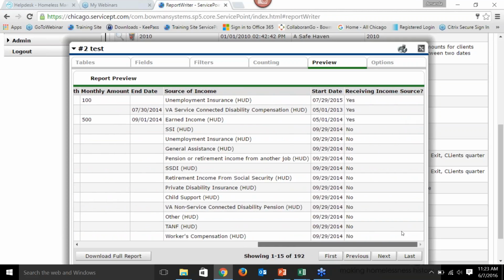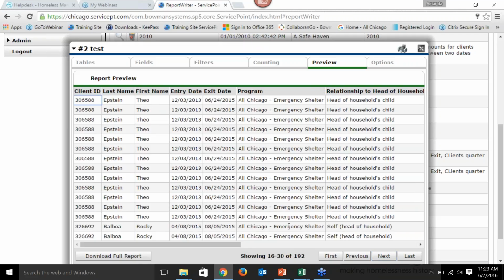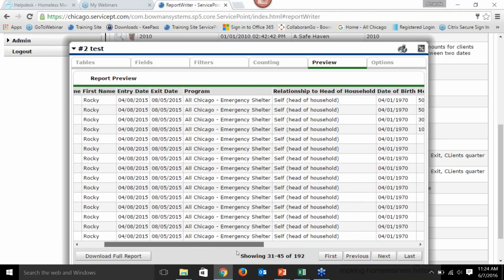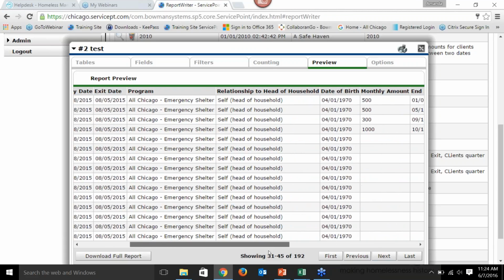But that's the level of detail that you're going to get now by pulling in sub-assessments. And as I keep moving forward, you can see that every single possible source of income was listed there, and I'll go to a different client here. As you can start to see at the very bottom, there's some data from the next client starting to pull in. But this is what you need to be prepared for when you try to work with the sub-assessment data